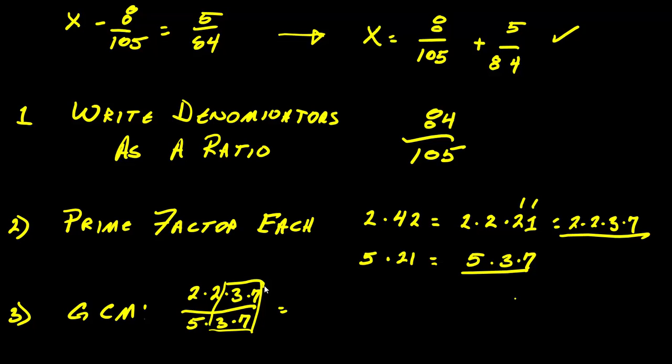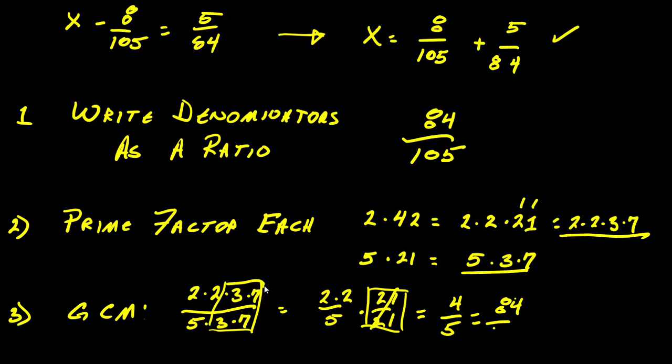That's going to leave me 2 times 2 over 5 times 21 over 21. This is my greatest common multiple. I'll go ahead and cancel him out, and that leaves me with 4 over 5 equals